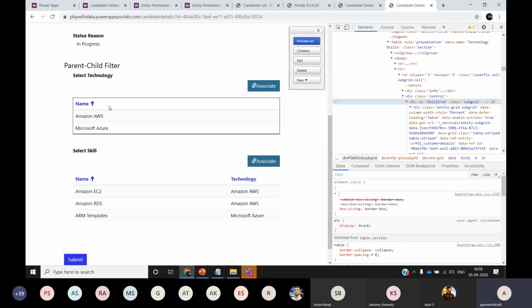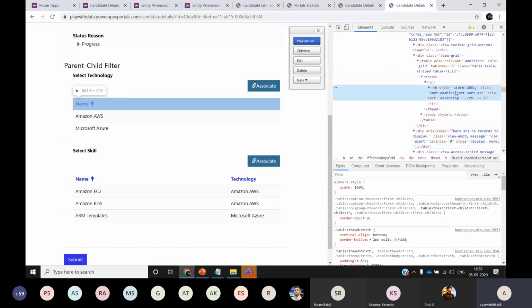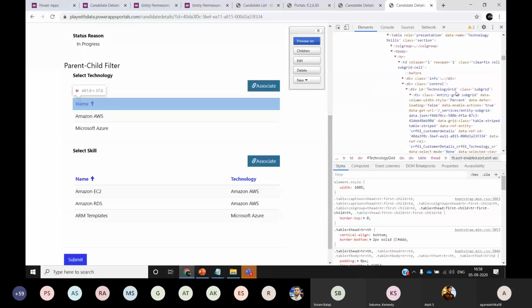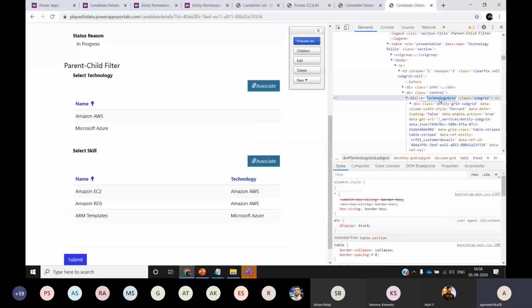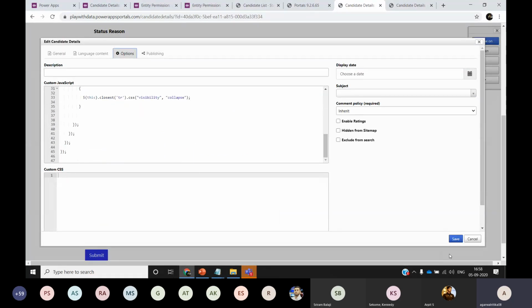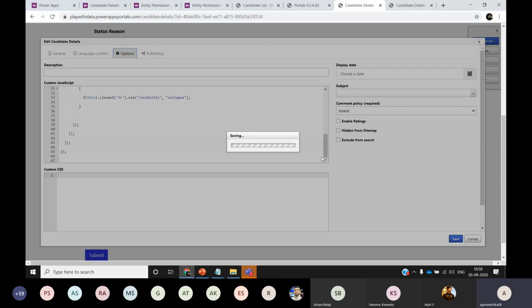I'm going to do the same for the parent subgrid. I'll scroll up a little bit, and the ID for this is technology grid. So I copied both of these. I'll paste this as is, and then let's save this.